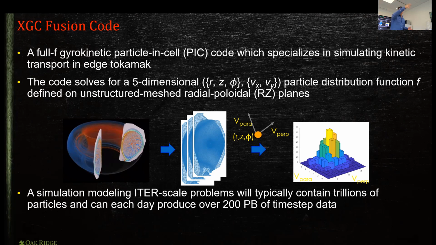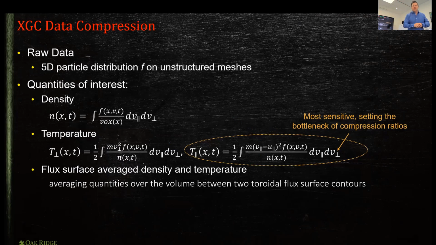These are particle-in-cell codes. We have particles, they're moving around. They're subject to turbulence, Maxwell's equations, and so on. It produces a lot of data if you want to save all the particles, which would give you all the kinetics, all the physics. And it's only about 200 petabytes of data in a day. So it's kind of a lot. So you can understand we want to care about this.